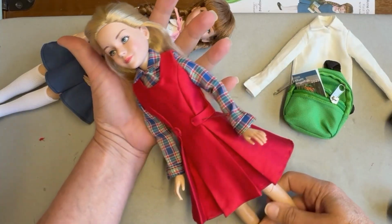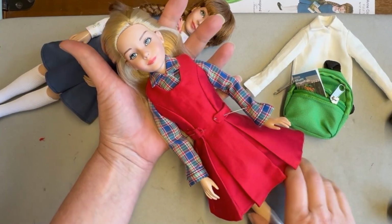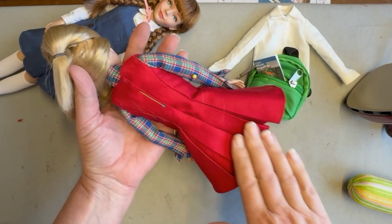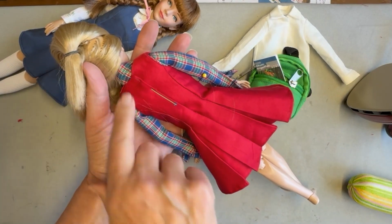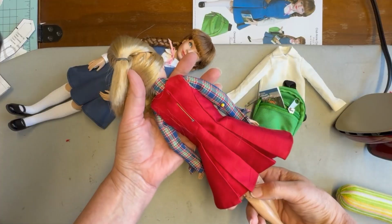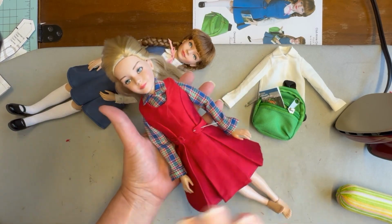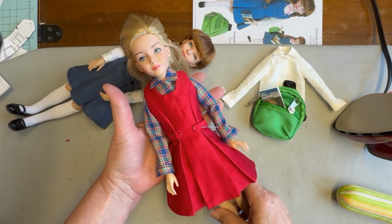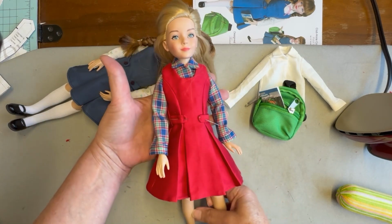Here's a quick fit to our doll over a plaid shirt that I'm working on to complete the look. As we turn her over, you'll notice that it's fitting nicely through the waist and that it's coming together nicely at the neckline as well. So from here, we just have a few more steps, which include adding some decorative buttons to the front of those tabs, a couple of snaps to the back of the jumper, and we'll get those final